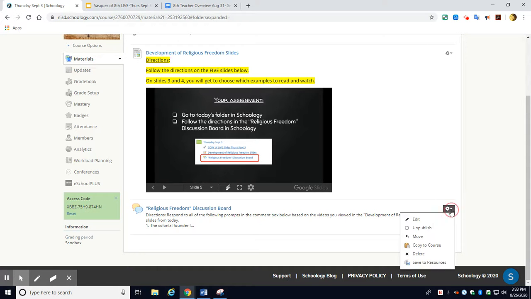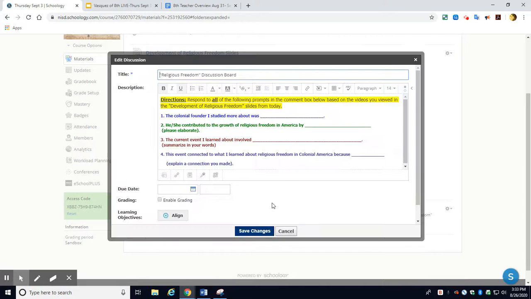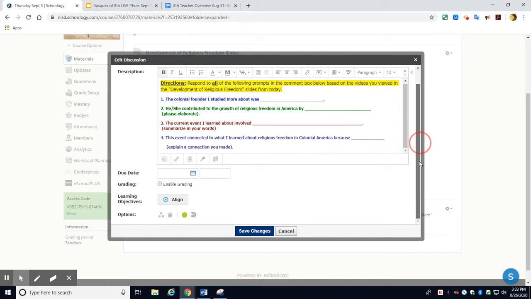We're going to click on the edit gear to see if there's anything we want to edit. I have the directions here. I have the sentence stems for my kids. I didn't put that the kids would respond to each other, but that's definitely something you can do if you choose. One thing I want to encourage you to toggle on is if I scroll to the bottom,